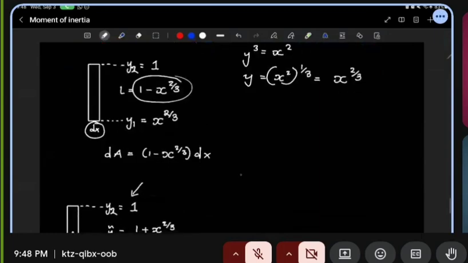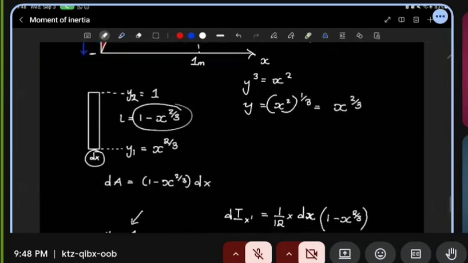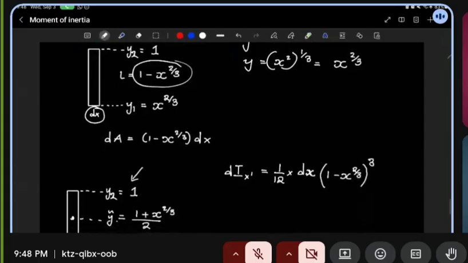So we see that in this case, the moment of inertia about the x for that part, the centroidal x, will be equal to 1 over 12 multiplying the thickness, which is dx, but the height will be given by 1 minus x to the power 2 over 3, but the height has to be raised to the power 3. So this has to be to the power 3. We can keep it like this